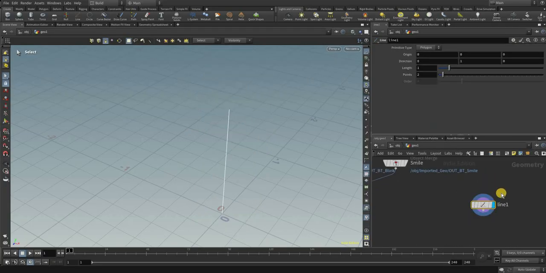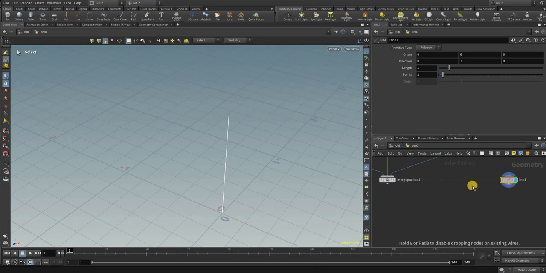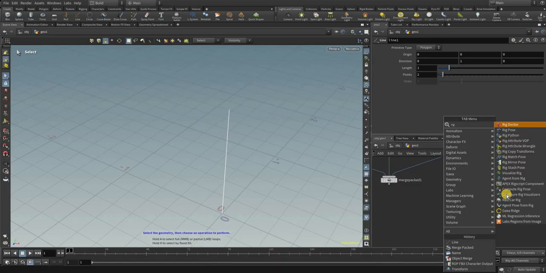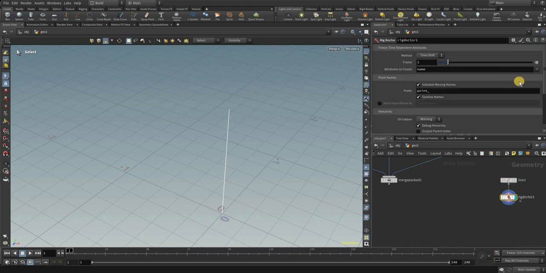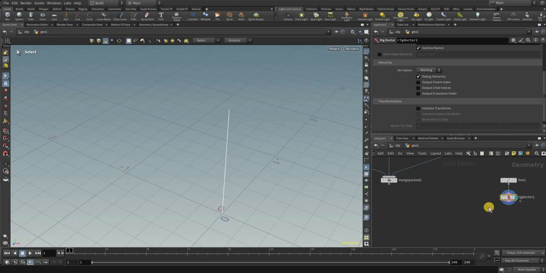I don't know if you guys have any experience rigging before inside Houdini, but this line isn't a proper rig unless you add a rig doctor node. So let's add a rig doctor. And this still isn't anything unless you initialize it. So now this rig doctor node is initialized,